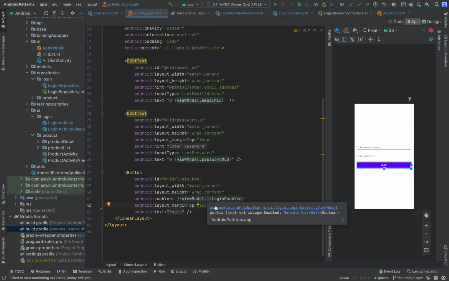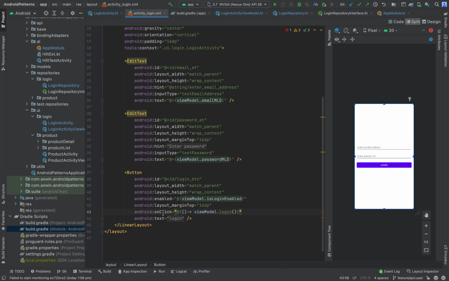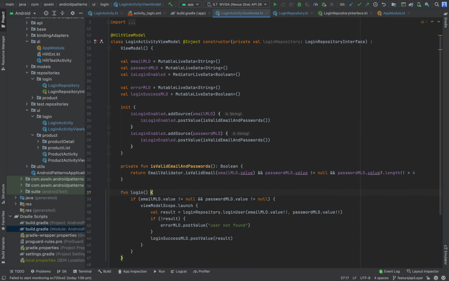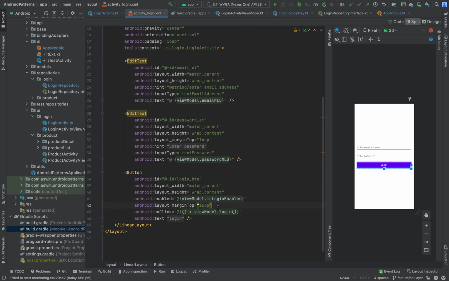That is, when the login button is enabled and user clicks, we need to perform login. For that, when user clicks, we need to have a function that will be called inside the view model. Inside the view model, we need to have a login function. So this function will be called when the button is enabled and clicked.